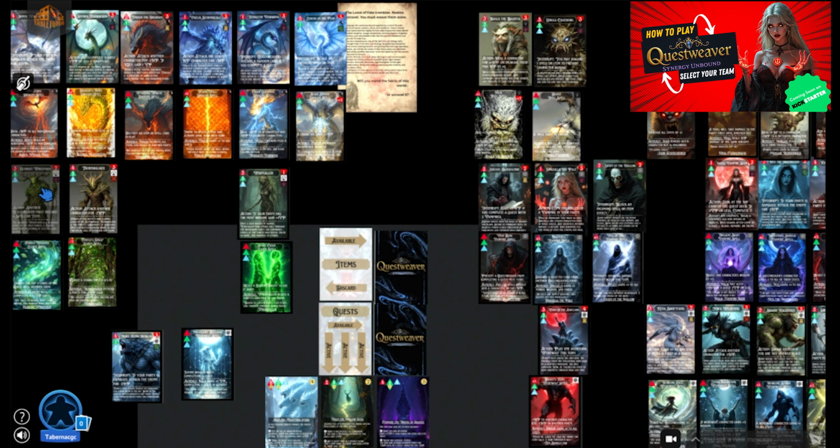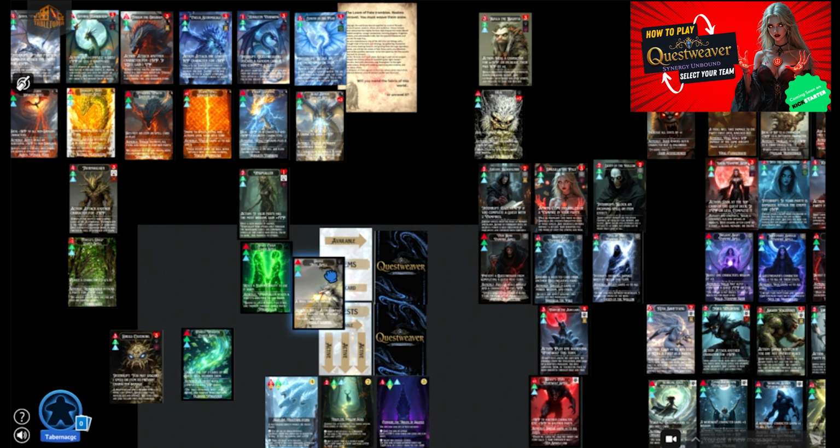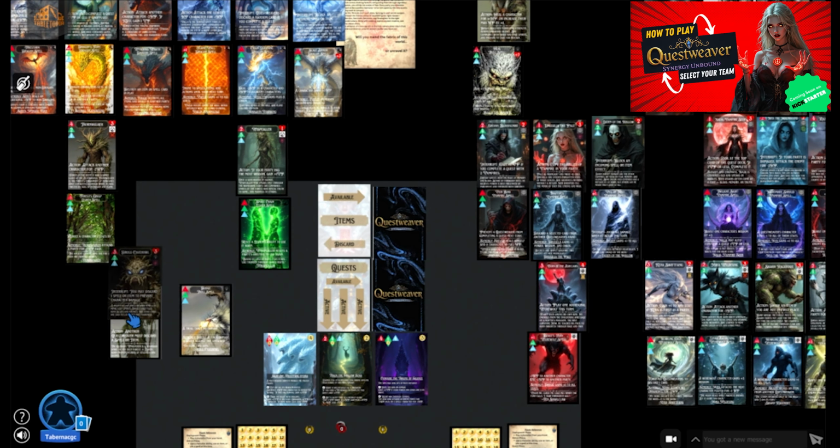And another sorcerer. And to balance out, I grabbed a Leshen, so I'm going to grab a troll to give me maybe just a little bit more of a health boost there. There we go. So now I've taken all my characters,